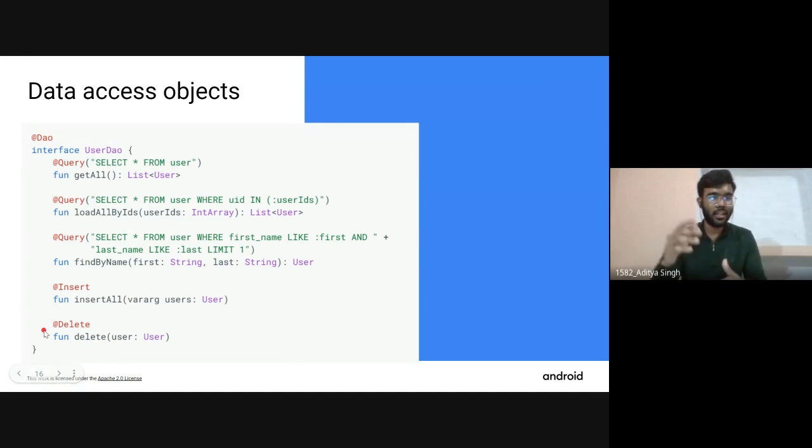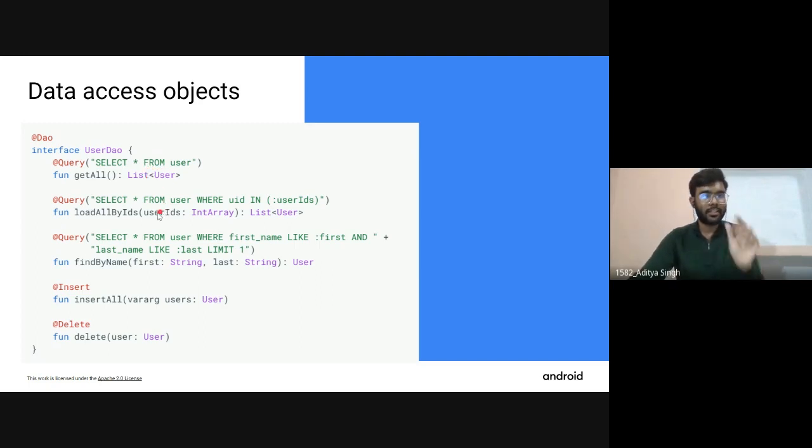Let me explain one by one how this works. Let's start with the first query. It is written here, select star from user. We all can understand that this is going to take all the data from the database, whatever is present there. We are not passing any argument for this, because you only want to read the data, you don't want to store anything. So we have created a function with no arguments and only a return type. The return type is a list of User. User is our model class, so we created a list of user type.